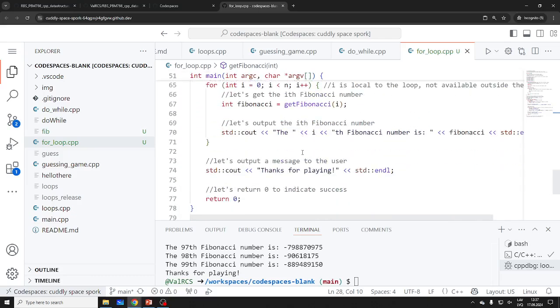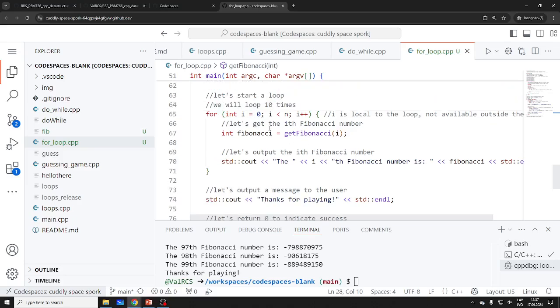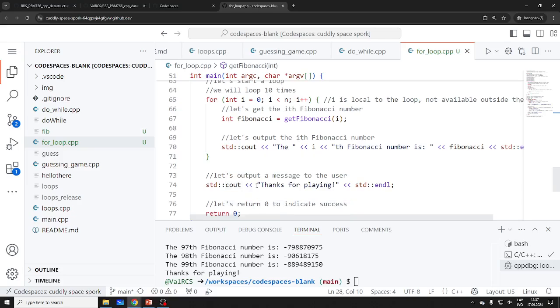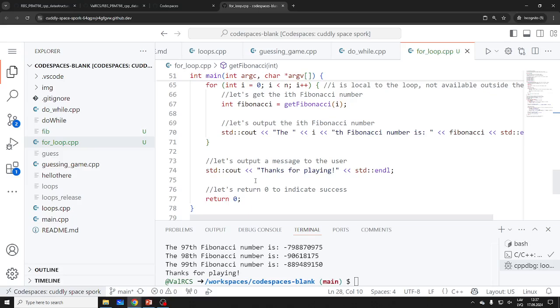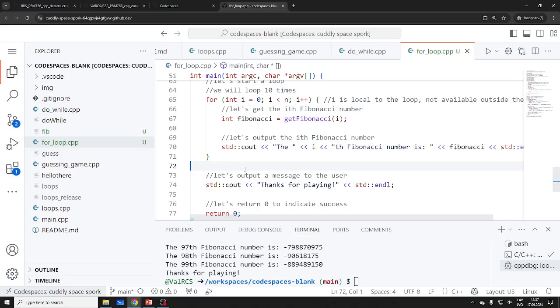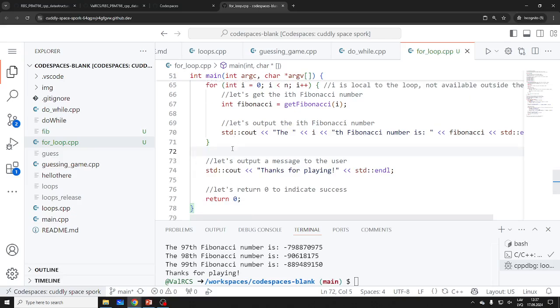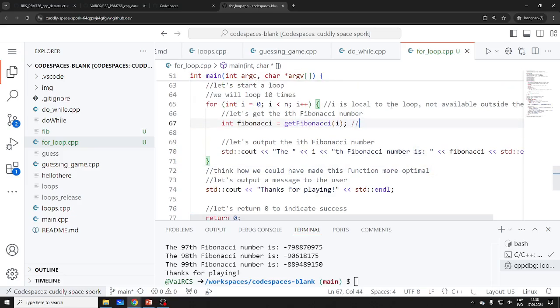Of course, if you think about it, right? Of course, in this particular case, this also leads... Is this sufficient use? Of course, no, because if you're going to print them, I could, of course, have made this linear, right? So if you think about it, how we could have made this function more optimal, right? What is the complexity of this function?